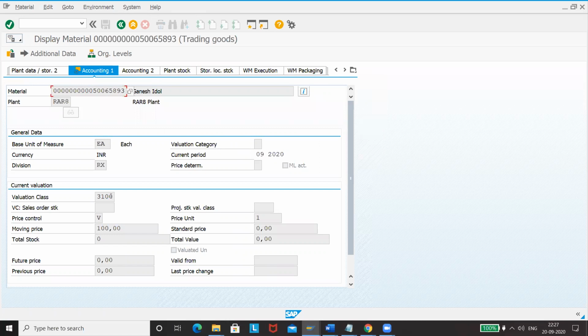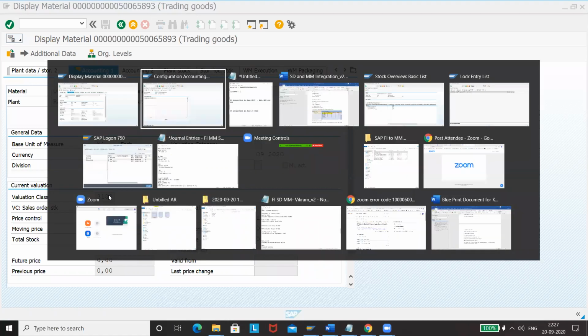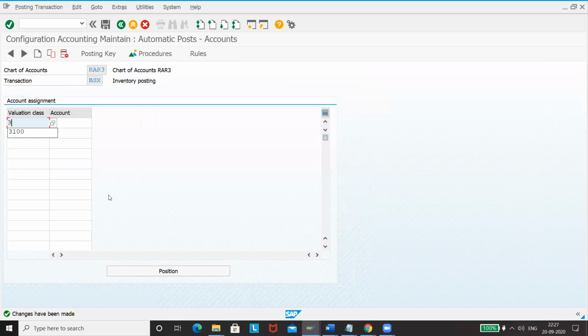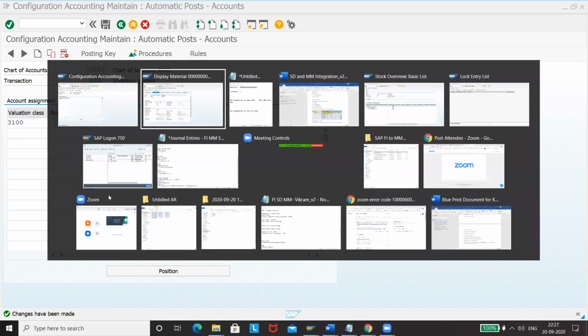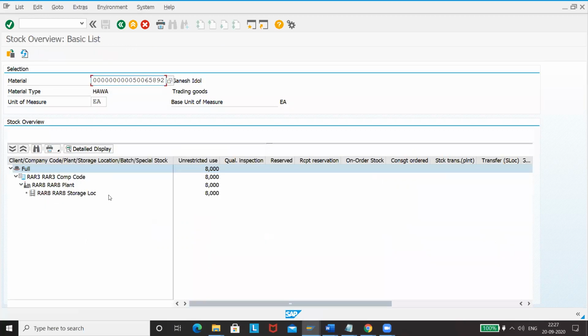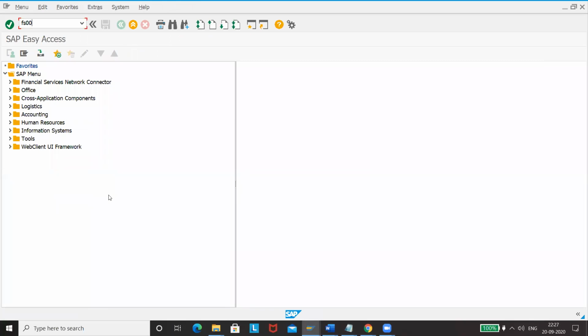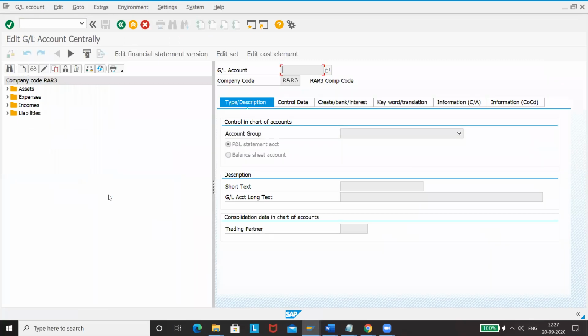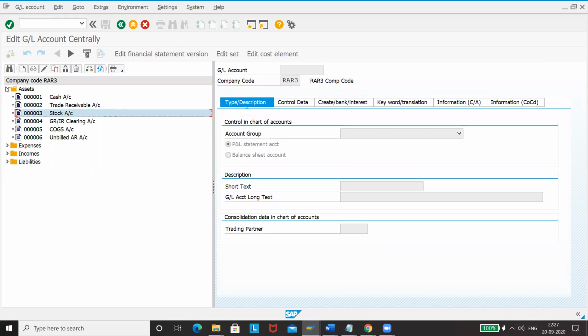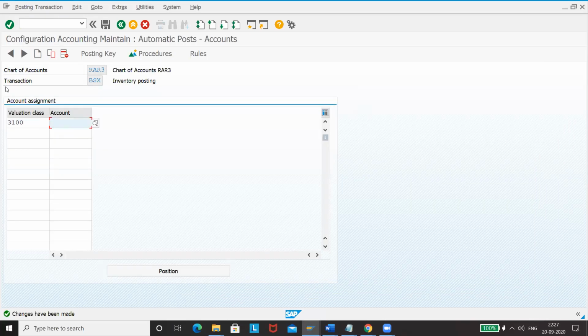We have maintained valuation class as 3100. So based on this valuation class only, GL accounts will trigger. So for this valuation class, we are going to give GL account as R stock. What is the GL account number for R stock? 3. So you have to maintain this one here.